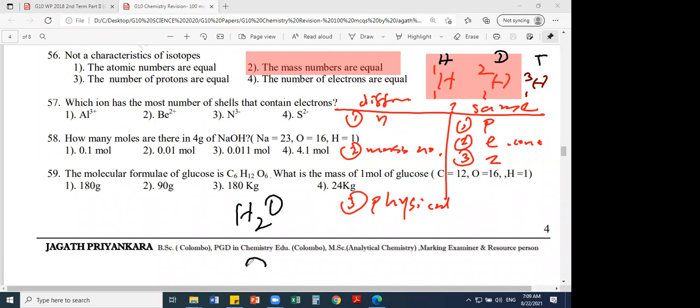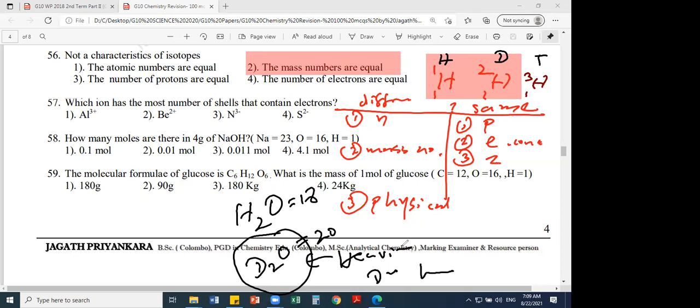But if someone manufactured D2O instead of H2O, then D2O is heavier than H2O, because H2O is 18 and D2O will be 20. The relative molecular mass, or the molar mass, will be 20. 2 times 2, 4, 4 plus 16, yeah, 20. So it's heavier. Then high density, high boiling point, high melting point. So the properties will change.